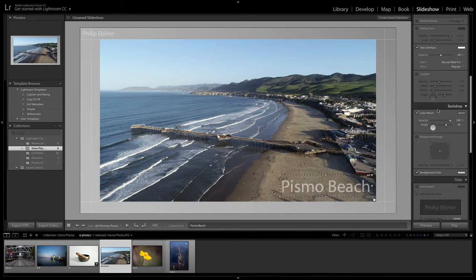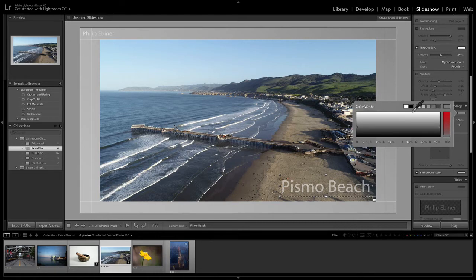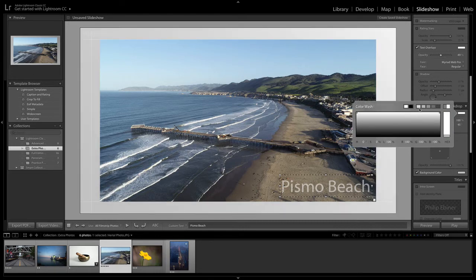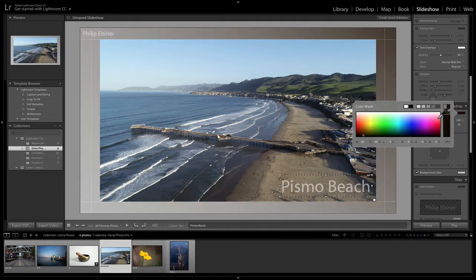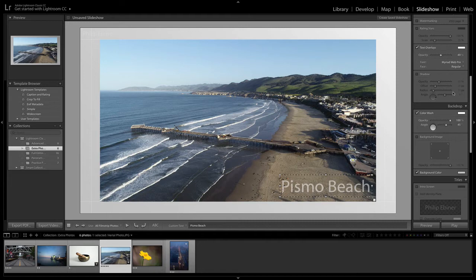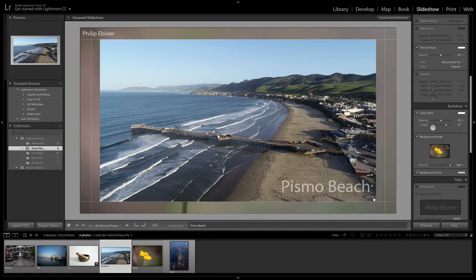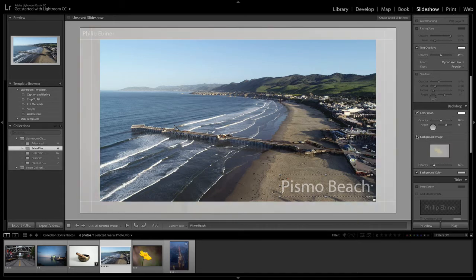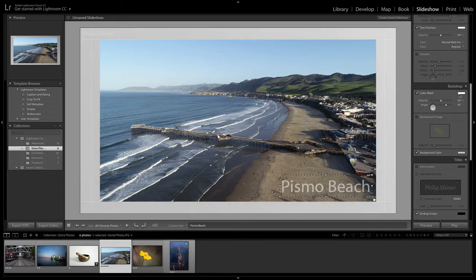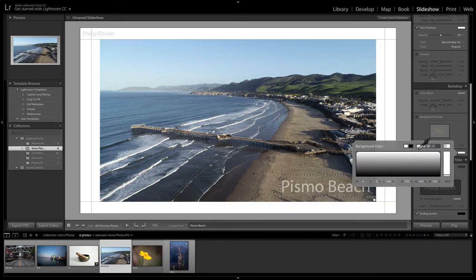The next options are for your backdrop. So you have your color. If you want it to be white, blue, gray, whatever color you want, you can adjust the colors just by picking a color over here, or just have it be white or black. You can also use a background image. So just dropping an image into this background image option will add that image as a background, and you can adjust the opacity as well. Notice this color wash option. This is more of a gradient. If you just want a solid background color, you can just turn that off and choose your background color right here.